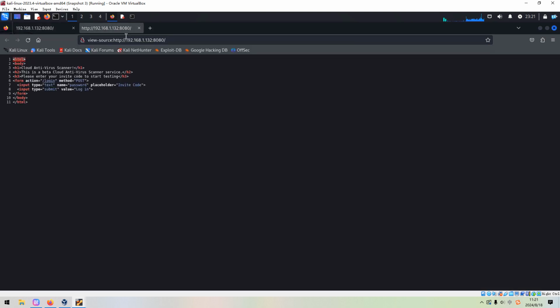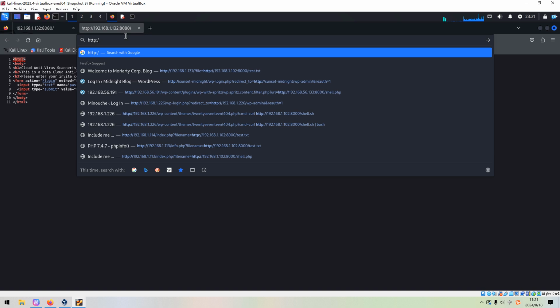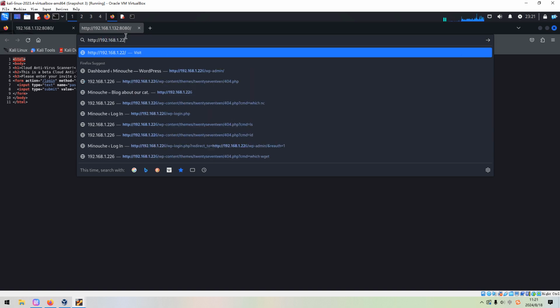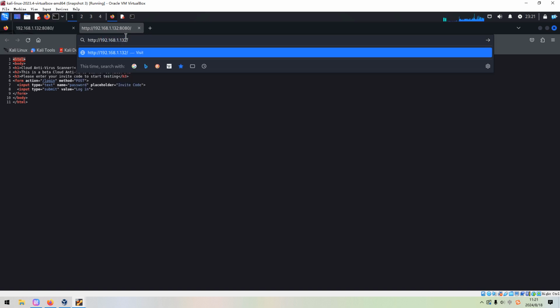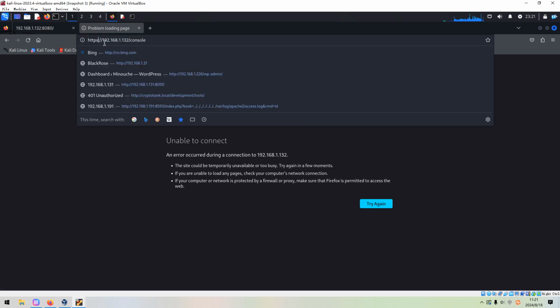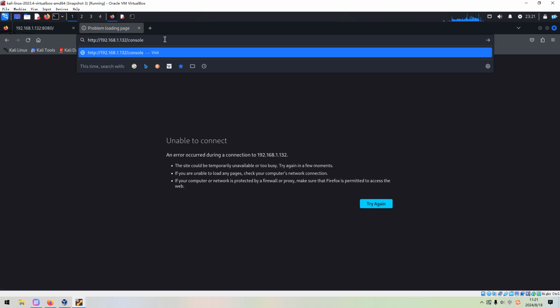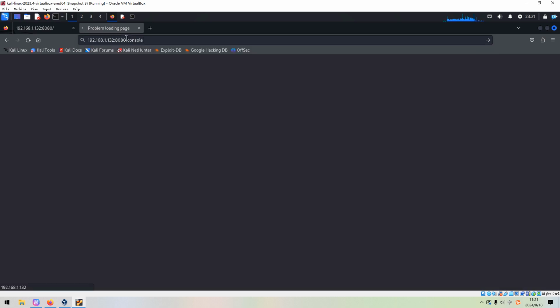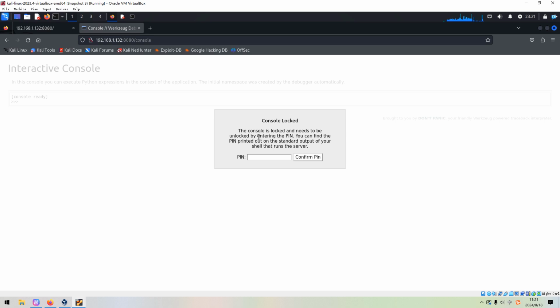Maybe I can open up another tab. Console. Press enter. Oh, sorry, I forgot to specify the port number. 8080. And we are again prompted by this console locked window, and we need to provide the PIN.